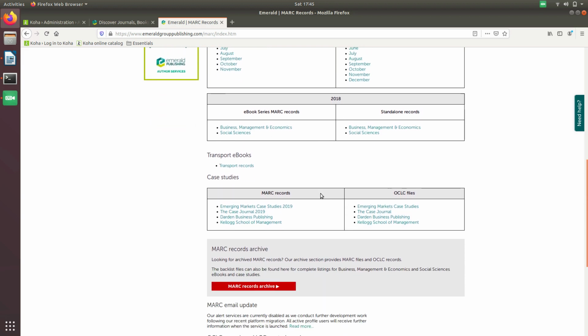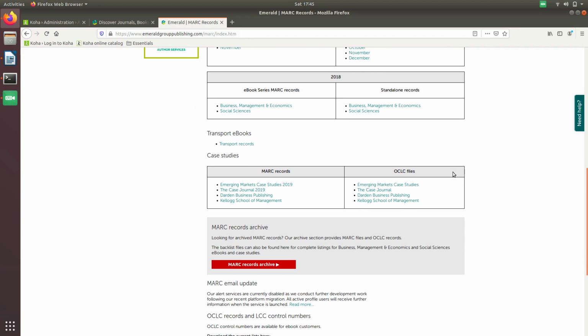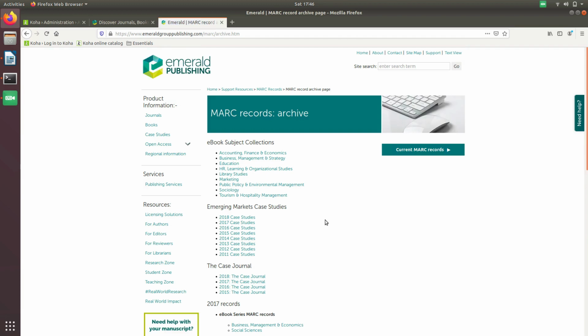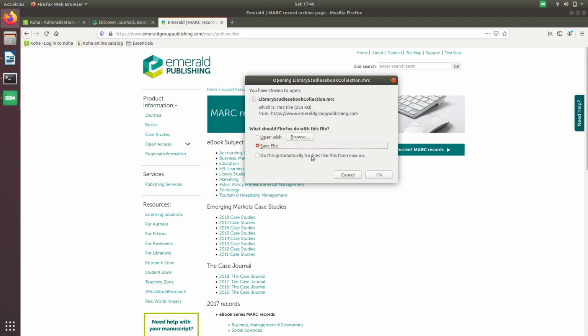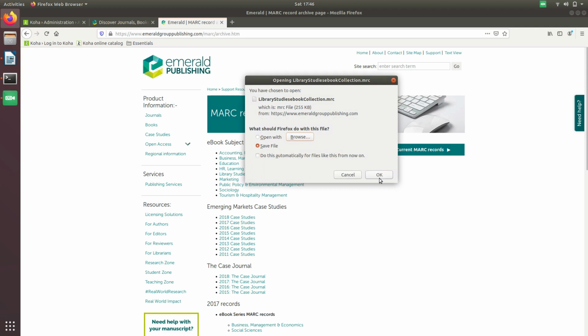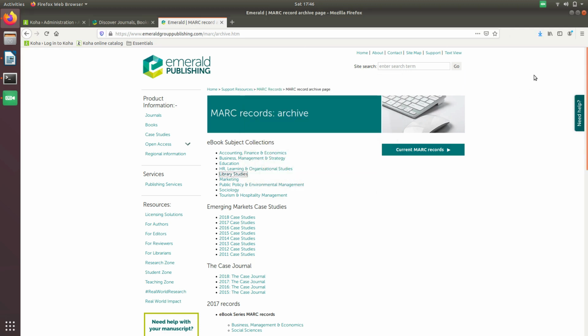I'll find the interesting one, which is of my use, or even I can go to MARC Record Archive and take library studies. So yes, this library studies ebook collection.mrc. I'll just download this. I'll just click on OK. It will get downloaded into the download folder, and okay, that is done now.